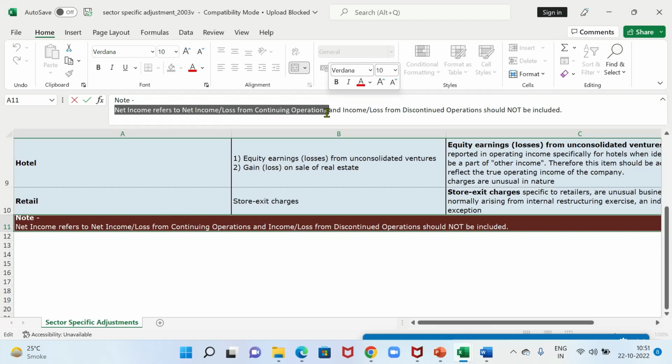Discontinued operations are those which the company, at the beginning of the year, says either they have entered into a sale purchase agreement to wind off that business and they are already in a contract to sell it, so they have excluded that and shown it as discontinued, or they are planning to sell it off, or they are planning to wind it off.